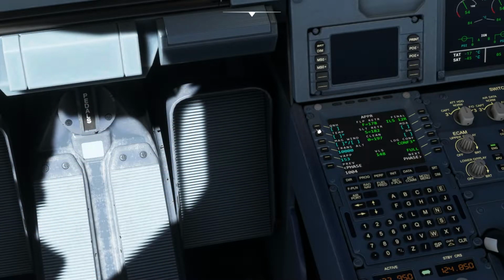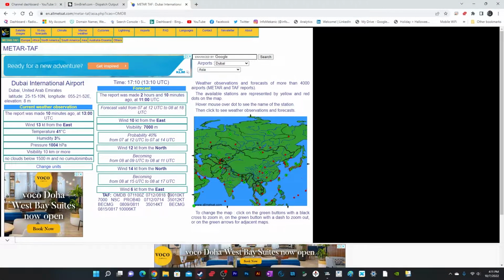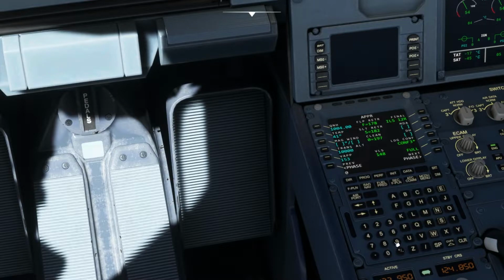1004 and 41, pretty hot in Dubai nowadays. And let's get the wind information. Right now you can see the wind is from, if I even go to the TAF, I can see the wind. It's 90 degrees and the speed is 10 knots. So 90 degrees and 10. So let's enter this information, 90/10,